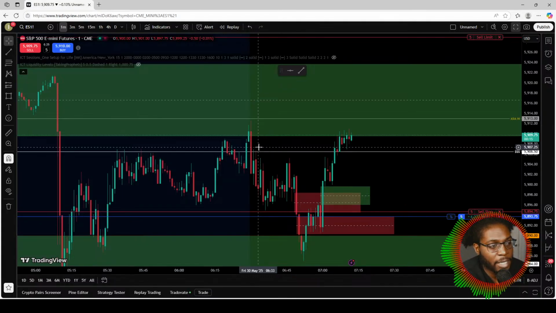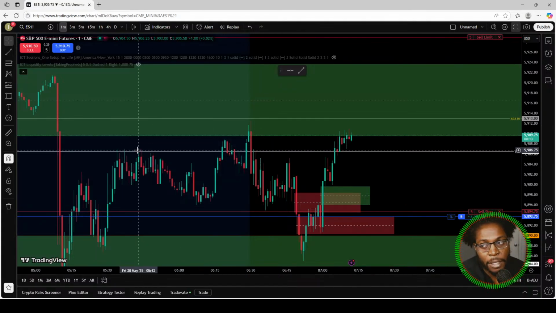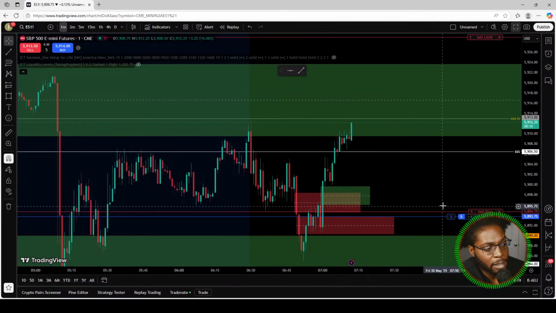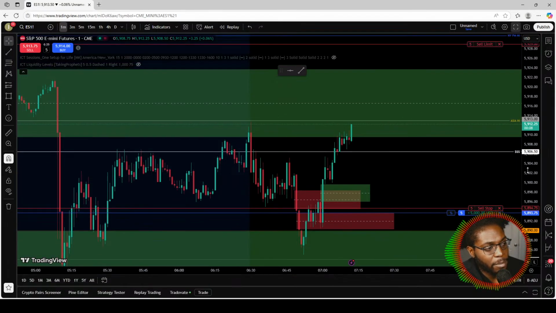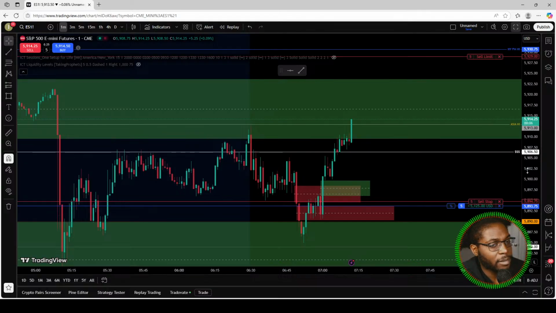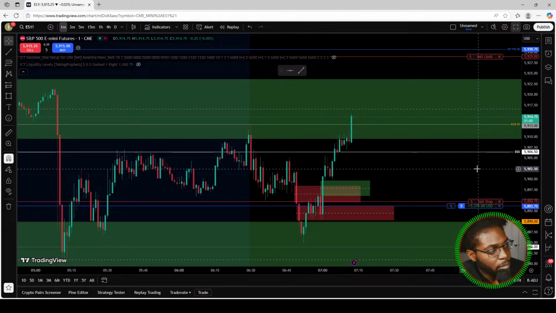Yeah, there is liquidity inside of the gap and above it. The gap is considered liquidity. Okay, but we're getting a little bit more of a push up. Oh, it's going. Let's go though. So with a quick push up like that, you just got to be mindful that it could just do the same thing in the opposite direction. So